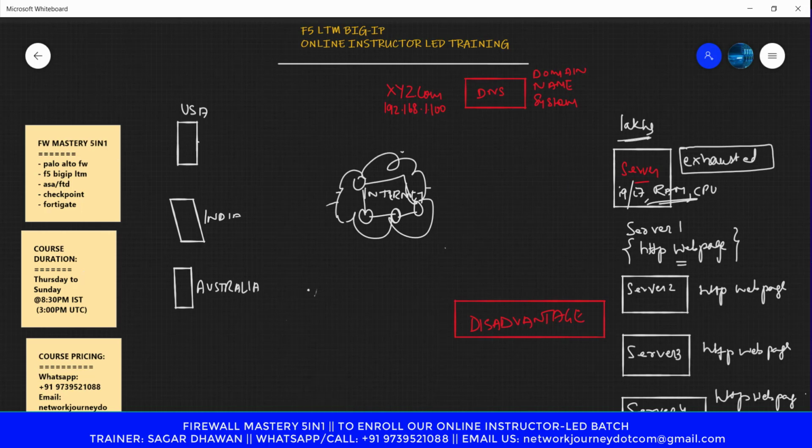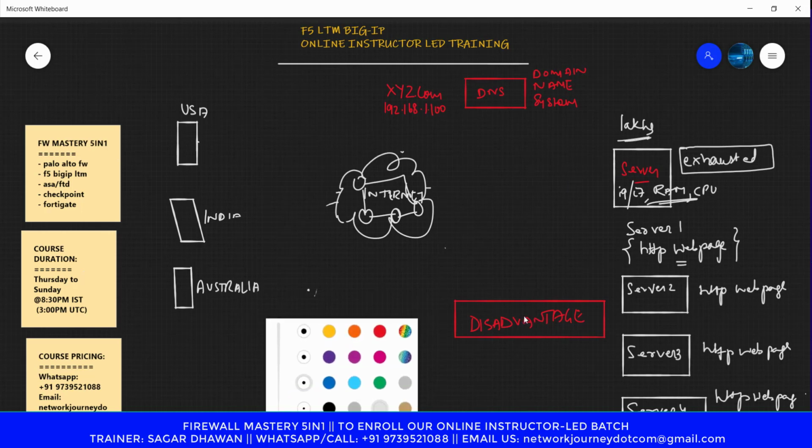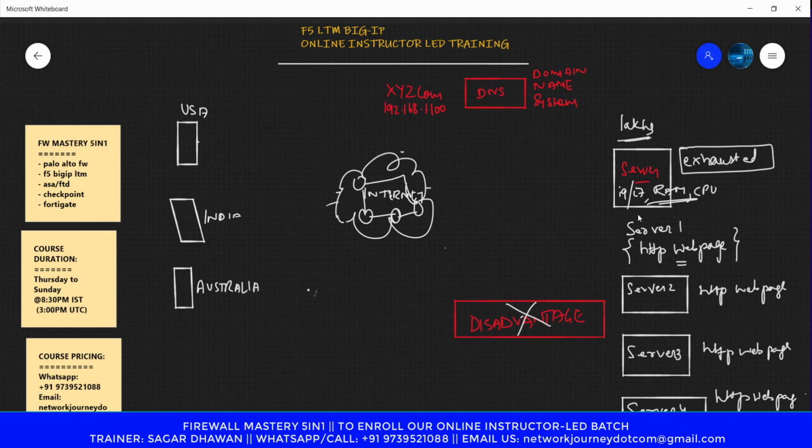We know that the previous scenario was a complete disaster because we only had one server, and if that server goes down, or if we see a lot of requests coming into that single server, the server will exhaust at one point, and then the users will not be able to build any connection. So now, let's label this as scenario 2. Now I introduced a DNS. Now what happens? Request will come via internet to the DNS.